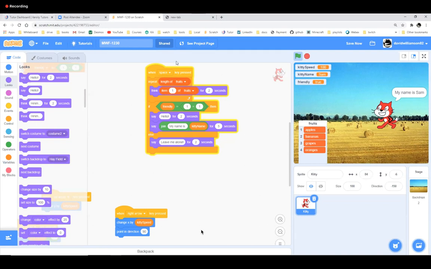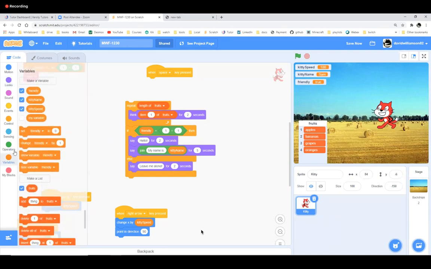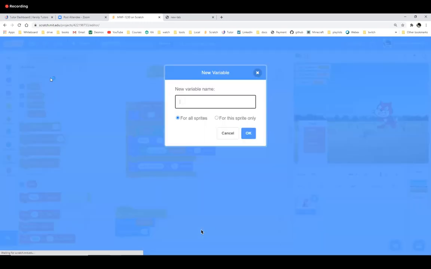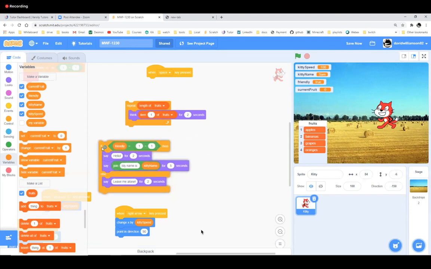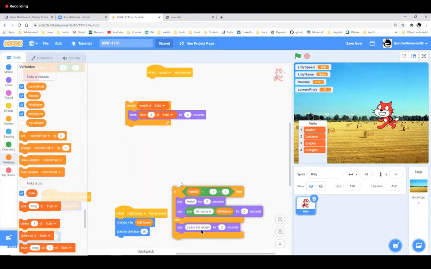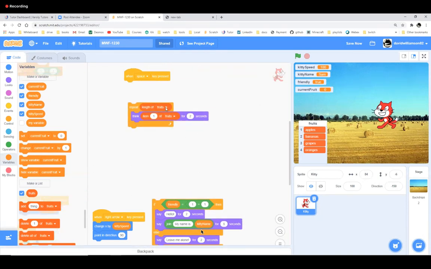That's because I'm only asking for item 1 every time. What I need to do is ask for one item after the other. So I need another variable to know where I am. I'll make a variable that's a number and call it current fruit. I'll put the rest off to the side and focus on just the thinking about the fruit. I need to have this current fruit variable.